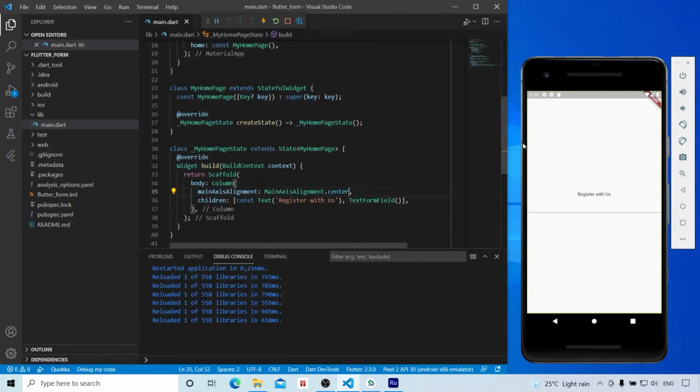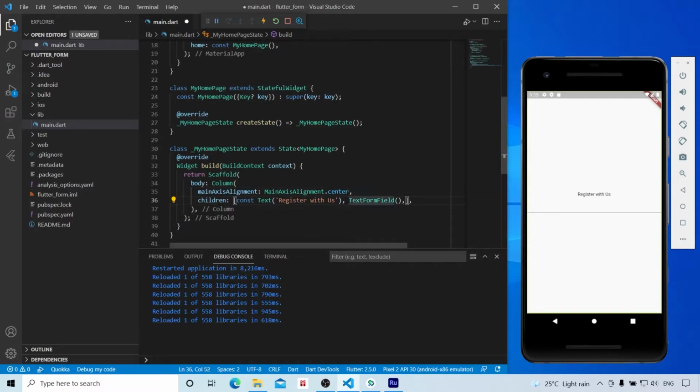As you may know, a Column has two axes, main axis and cross axis. Main axis is from top to bottom and cross axis is from left to right. When we give the MainAxisAlignment.center value, the elements come to the center in the top to bottom direction.